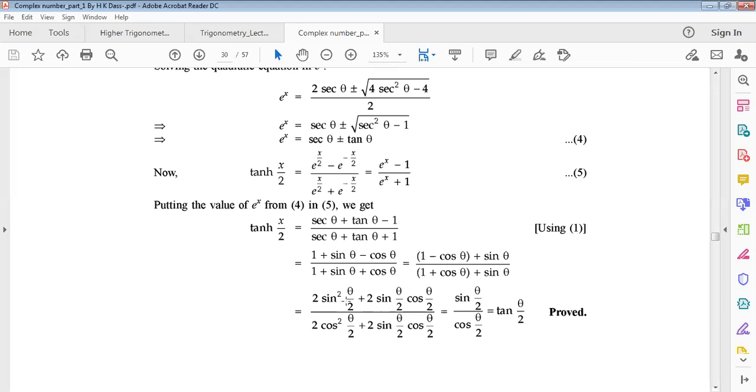Now 1 minus cos 2a formula, what? 2 sin square a, and sin 2a. Twice a means what? 2 into theta by 2. Then sin twice a formula, what? 2 sin a cos a. And this also, 1 plus cos twice a, 2 cos square a formula. A means what? Theta by 2. Sin 2 into theta by 2, that means sin twice a equals 2 sin a cos a. Now taking 2 sin theta common, then down here 2 cos theta common. Then 2 sin theta over 2 cos theta means only tan theta. 2 cancels. This is the required proof.